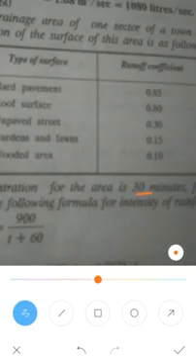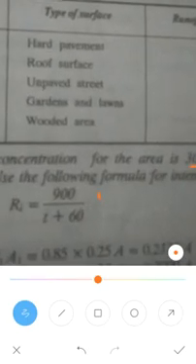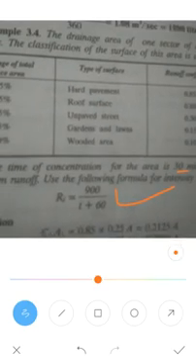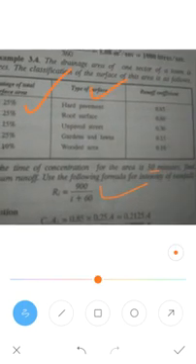Find the maximum runoff. So using the rainfall intensity formula you have to use it. The only thing is, the percentage of the surface area is given by the types of surface, and using this percentage surface area and the runoff coefficient, you have to find it. They have only given what type of formula you have to use. The intensity of the rainfall you have to find by using this formula.